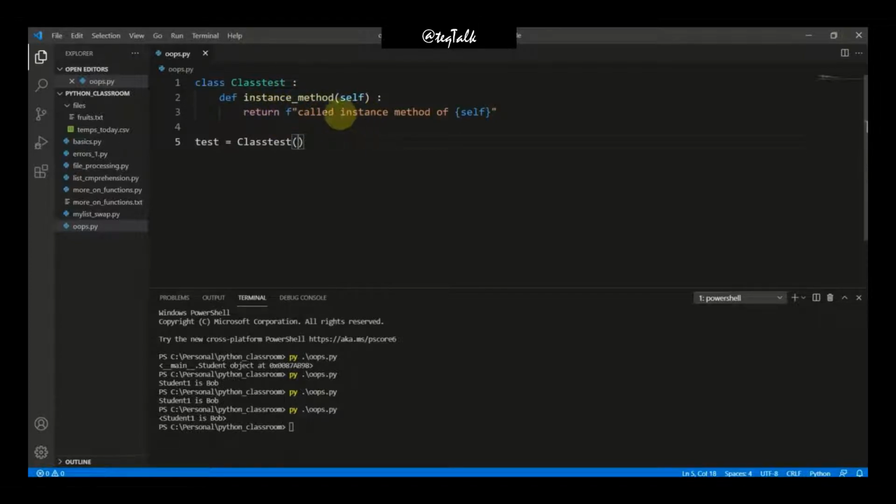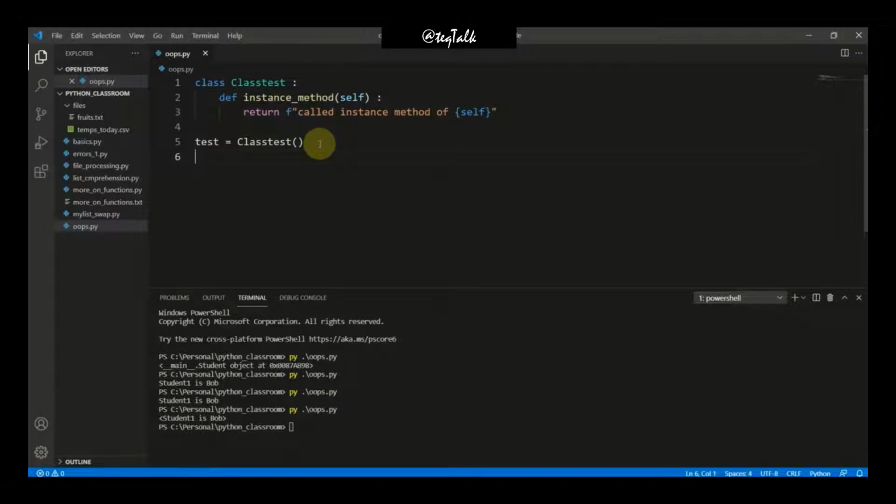So that's totally fine. Either you have init method or you don't have, but still self will be created because you have created this object called test. So that's why here we write test equals to class test, and we don't need to give any parameters because it is fine.